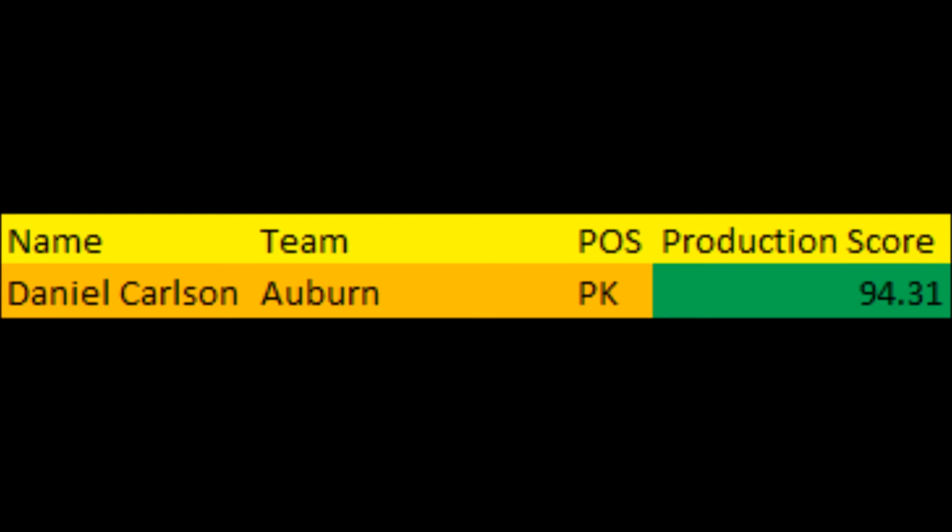season. When it comes to punting data, I don't really have a lot of information in terms of what makes a success, like what the thresholds are when it comes to punting scores at the college level. But just know that Daniel Carlson is a guy who, based on the statistics, was a pretty good statistical punter